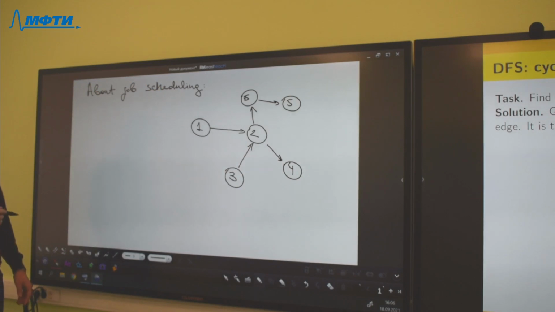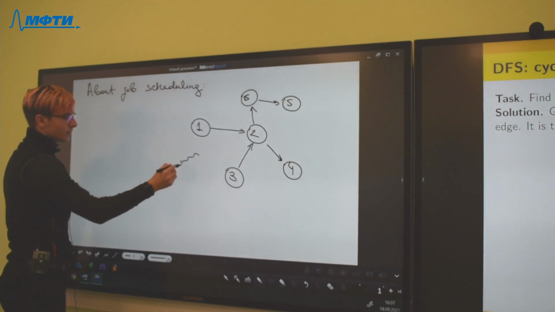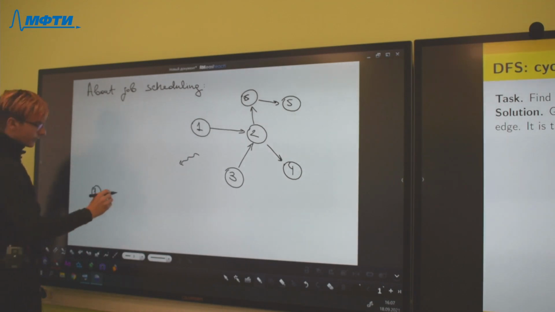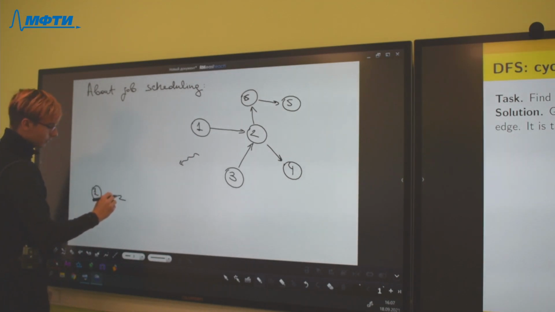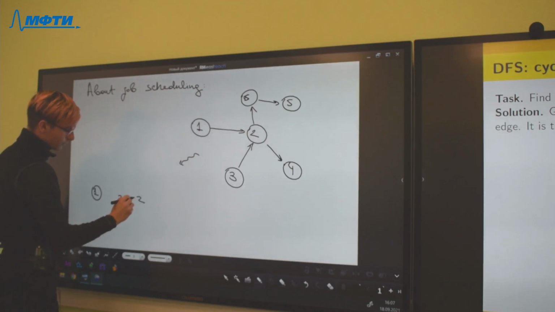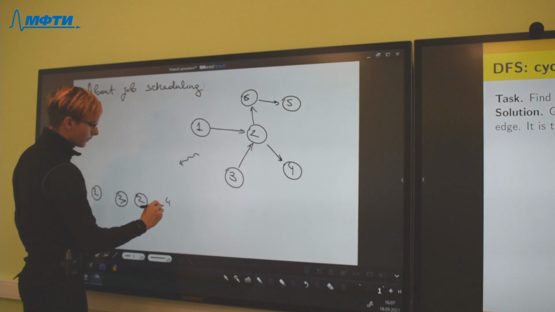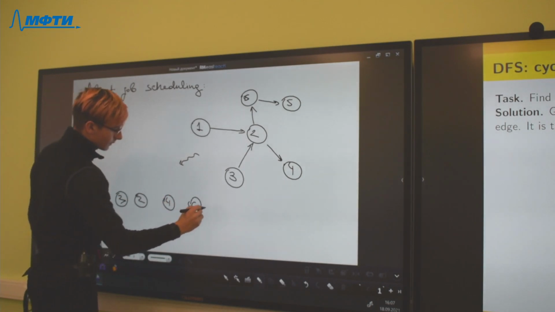And then we can order these tasks like this, for example. 2, 4, 6, 5.